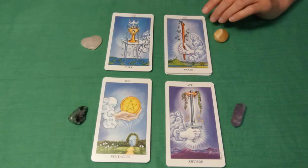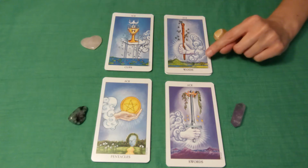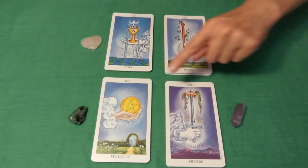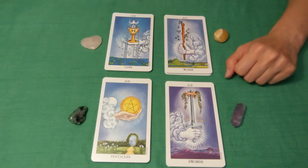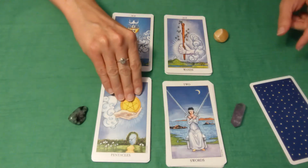You'll notice that all four have a similar theme, with all of the cards that match in number, but there's generally one that's like an outlier, and I feel like that's the one here. And then back to the swords, which I've mentioned already, is really kind of cut and dry as well. The Ace of Swords, because it is around thought and the air element. I would say clarity in thought or a new idea, something of the sort. So moving on to